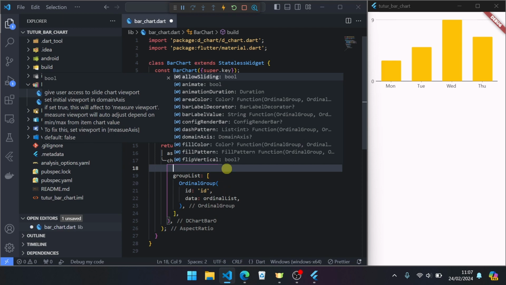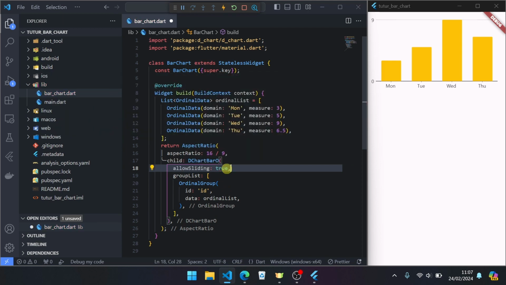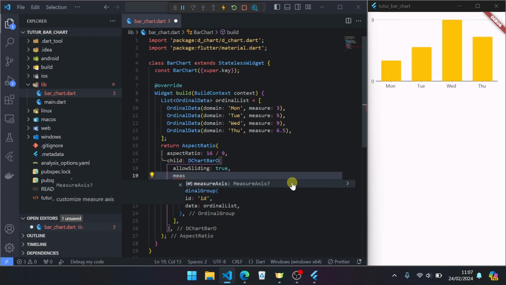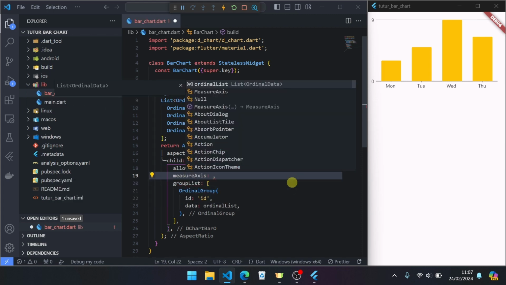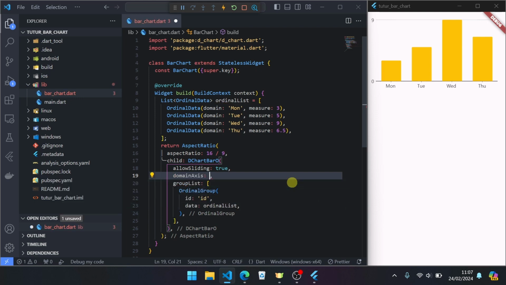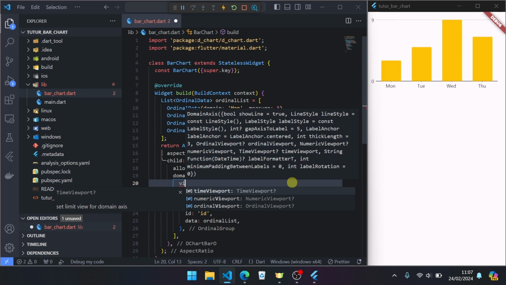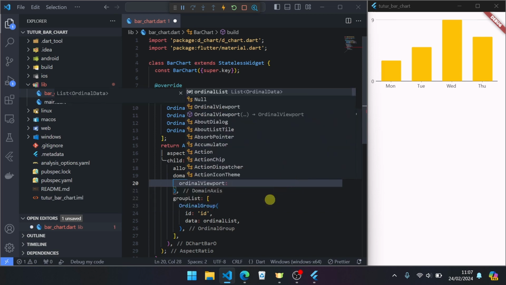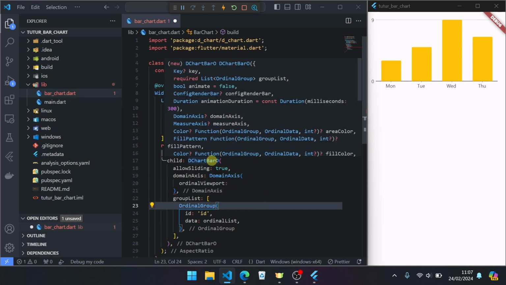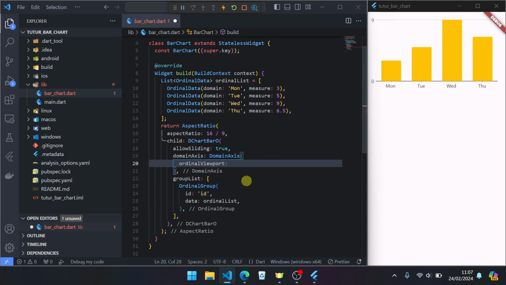Okay, for example, like this, allow sliding true. Then we have to set the viewport on measure axis and domain axis. Domain axis viewport, we choose ordinal because we use the chart bar O, or ordinal.